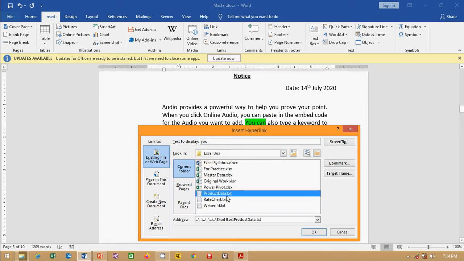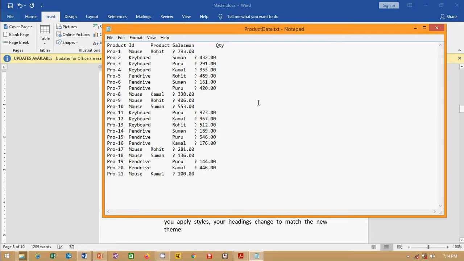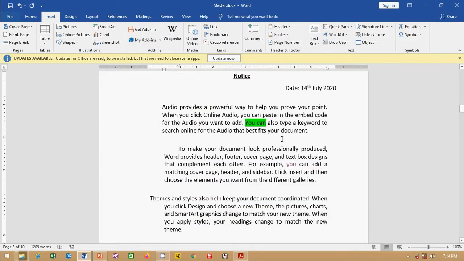I need to open this file each and every day. So if I click here, the file will open like this. So it is very easy to move from one location to another location apart from your document using this hyperlink. Another one: suppose I need to make a link with my bookmark.